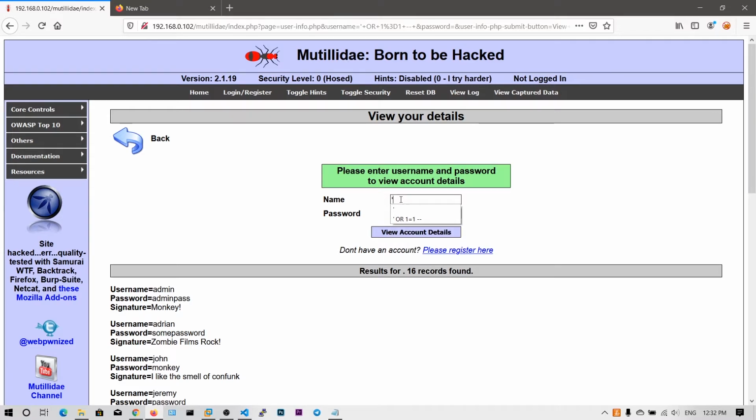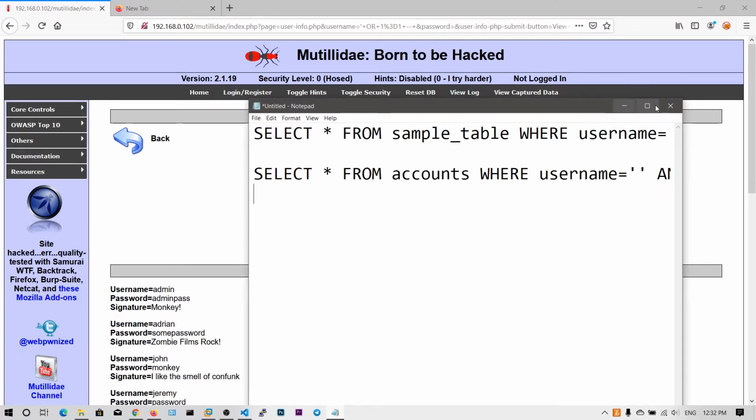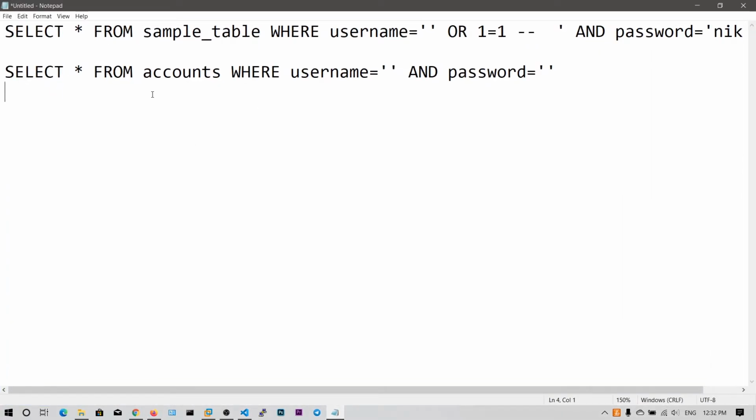So what you can do is use union. I did not cover this union statement in the previous video. Union combines two results, but only when the two results have an equal number of columns.